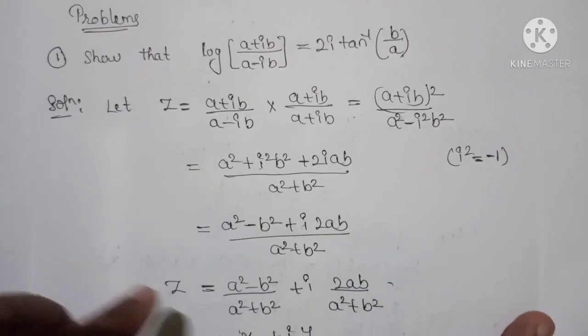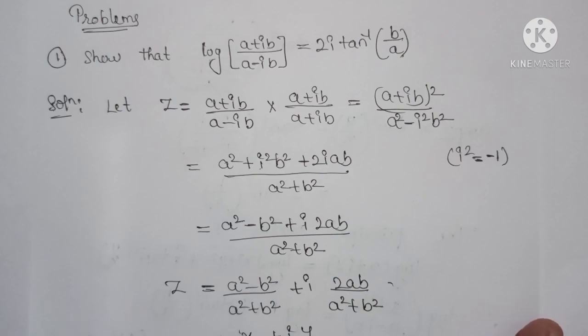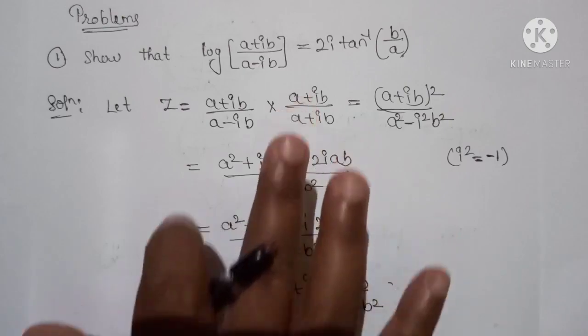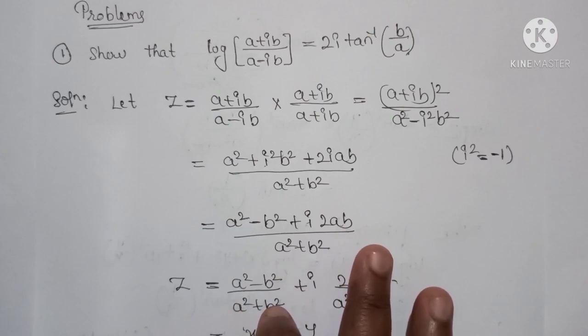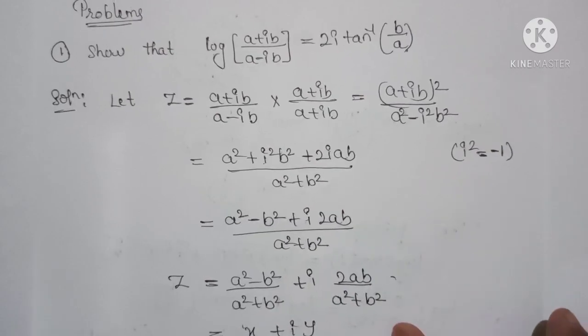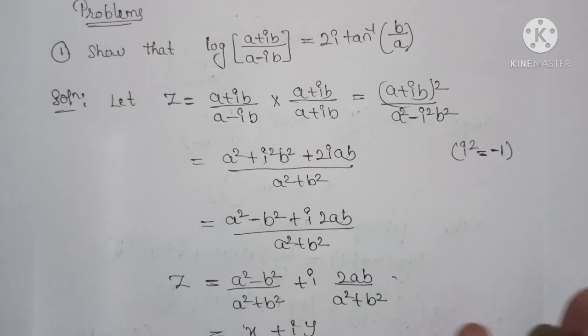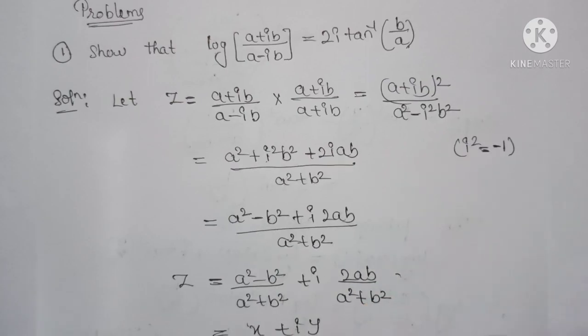This is quite a lengthy problem, but please do remember it. For almost two to three problems we will get this form only. There we can directly use the value of square root of x square plus y square, that is the magnitude of z, and the amplitude of z. There we can directly take those values. Therefore you just remember this whole problem.